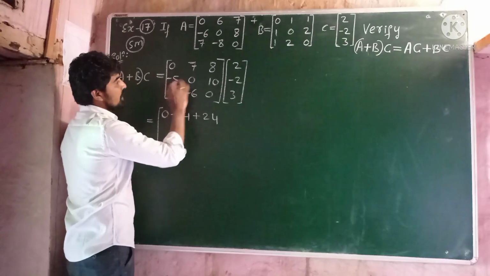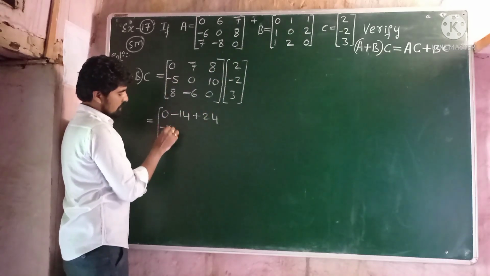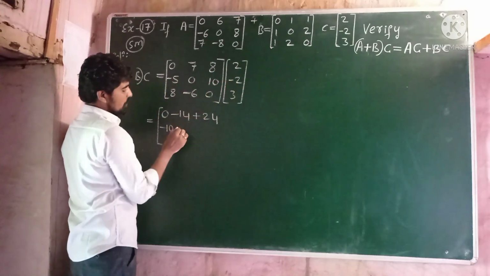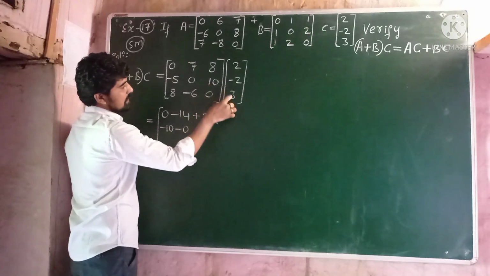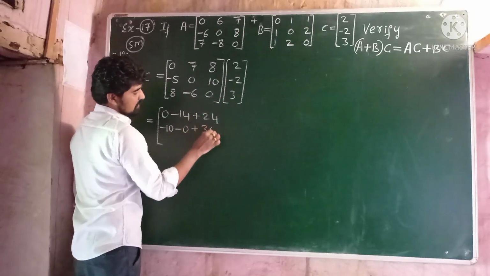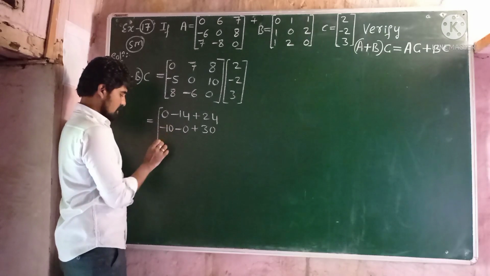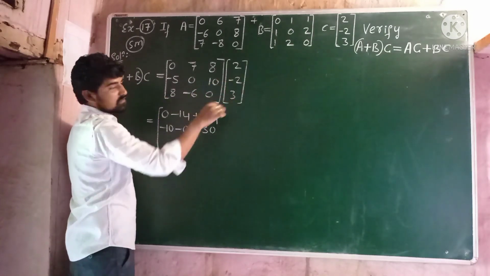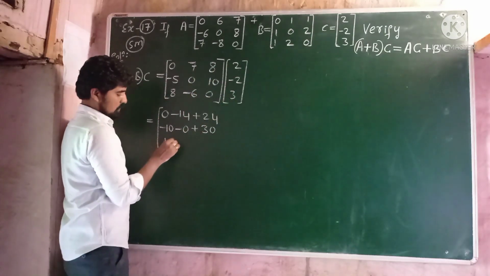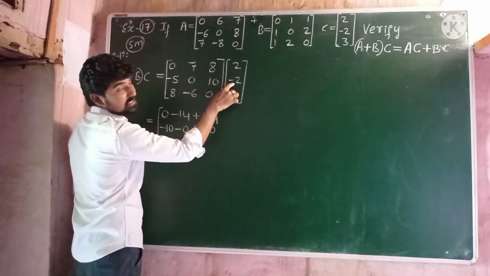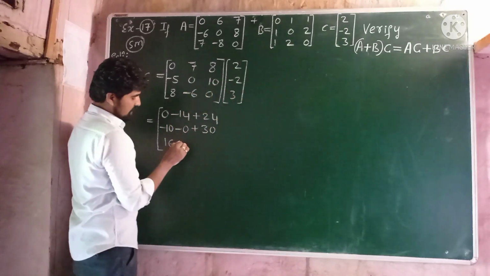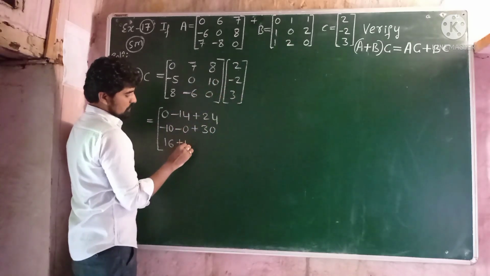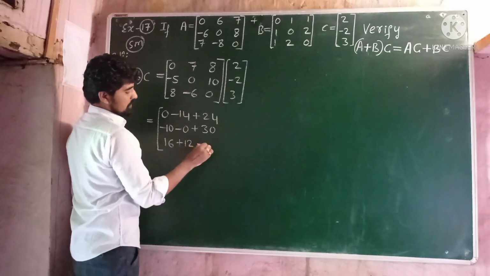Second row with this column, minus 5 into 2, minus 10. 0 into minus 2, 0. 10 into 3, 30. And next third row with this column, 8 into 2, 16. Minus 6 into minus 2, minus into minus plus, 6 into 2, 12. 0 into 3 is 0,